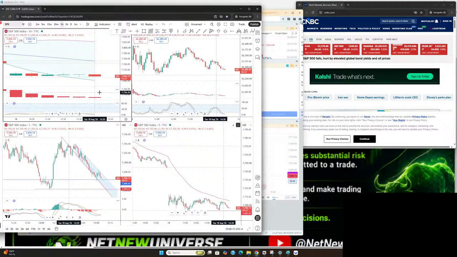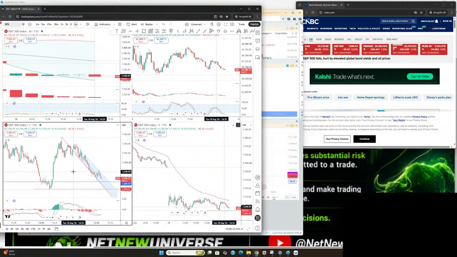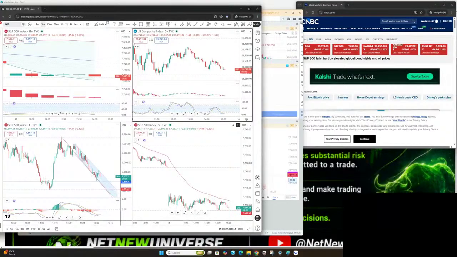This 5 minutes looks good. There might be LOD in play. Okay, I'm still doubting this doji, like a spinning top. Oh, that's not the one. Yeah, we will have a hard time breaking that one. NQ looks good. What is the time frame? 5 minutes time frame.